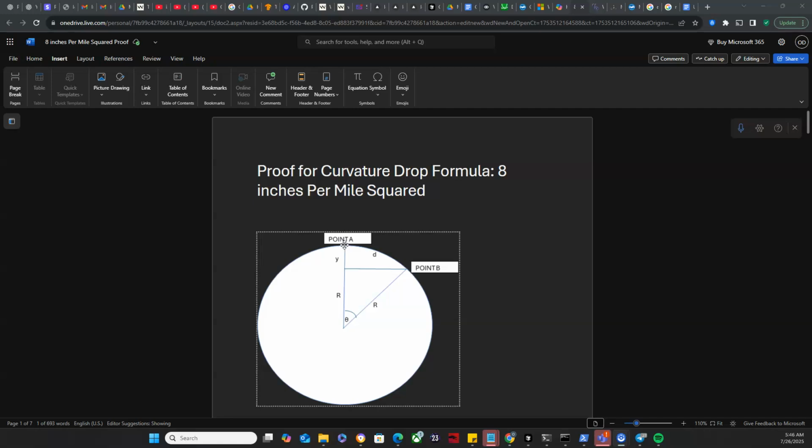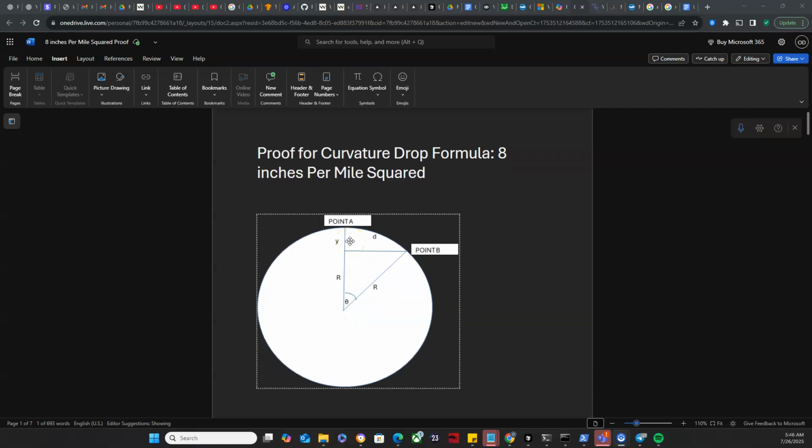Because of the curvature drop in moving from point A to point B, you have this value y here, right? So the y represents the curvature drop as a result of this distance d moved. So therefore you have this to be the radius of the Earth, you have this to also be the radius of the Earth, and you have this from the center up until this point here will be the radius minus y, or r minus y, and then the rest will just be y up until point A. Good. Now